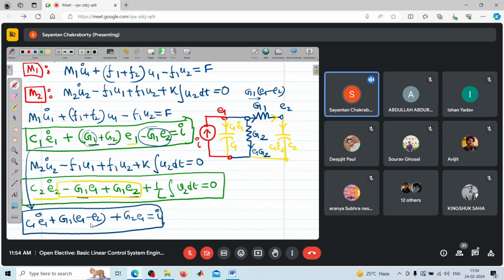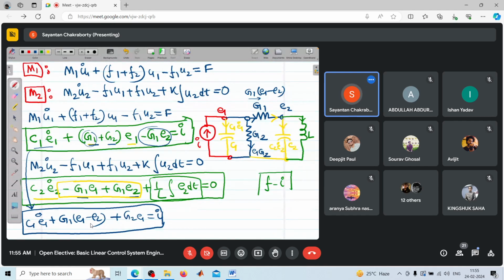And finally, we have an inductor L. So what is the current flowing through this? 1 by L integration E2 dt, sorry, I had written it wrongly earlier. That should be equal to 0. So this is the final